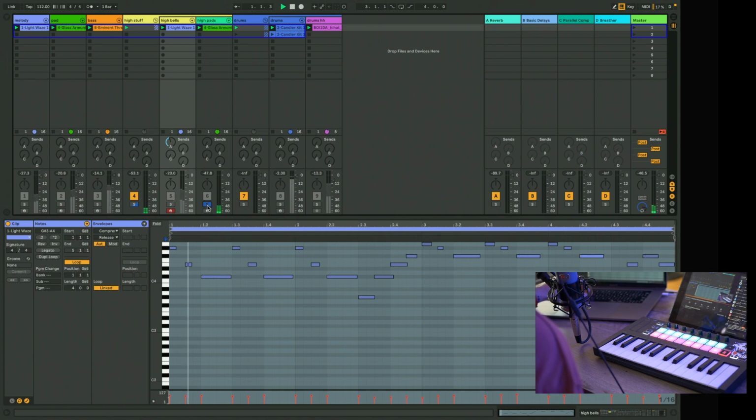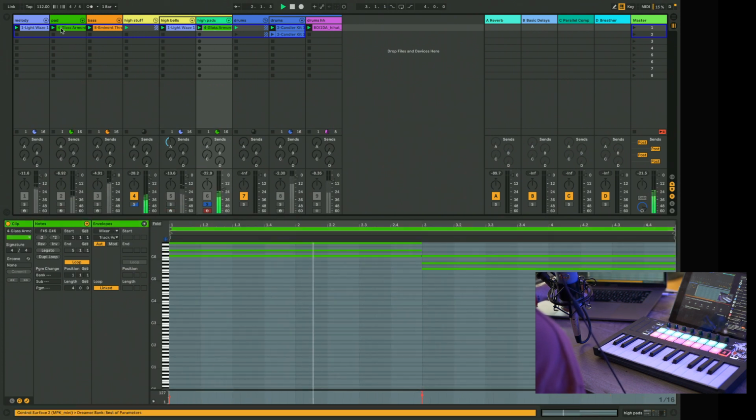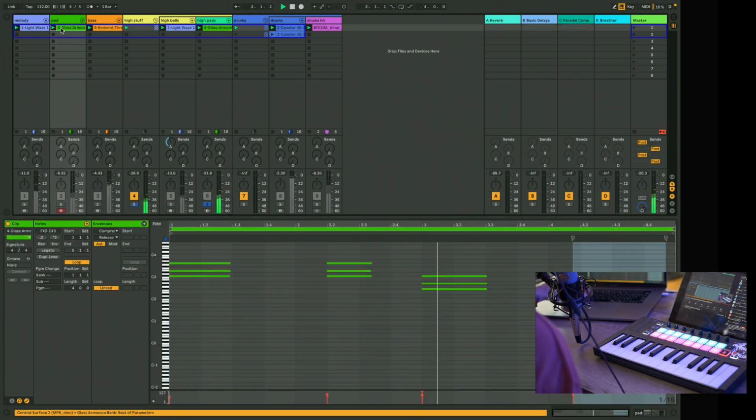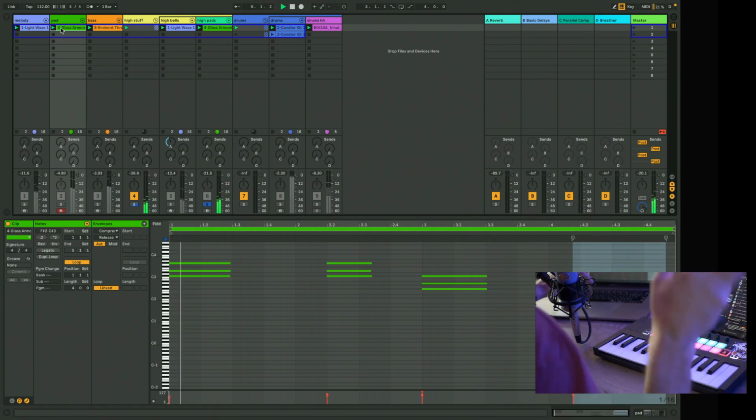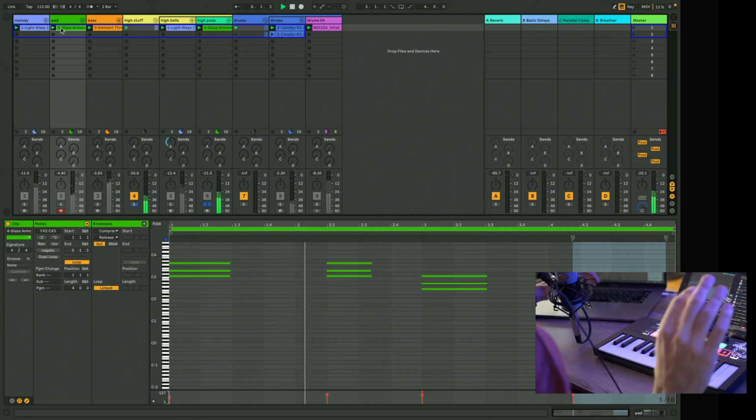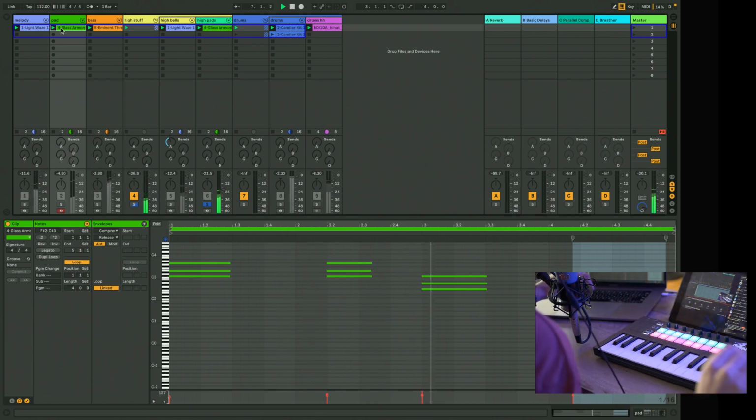These pads are a copy of these pads here. So I was able to fill that void of the higher content by literally just copying musical ideas and putting them up a couple octaves. So when you put it all together,